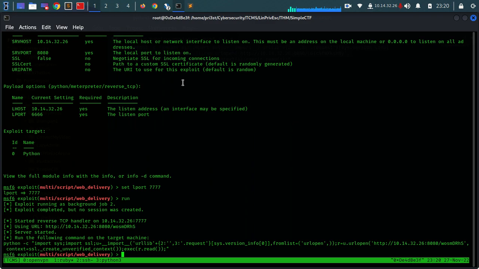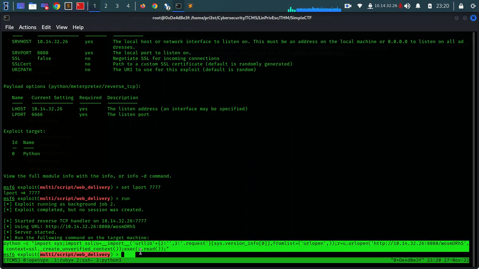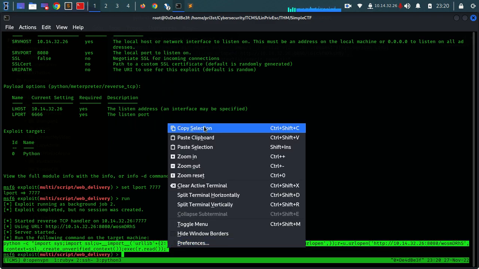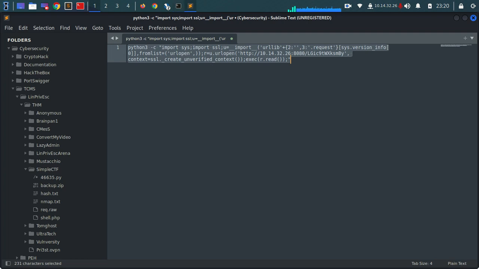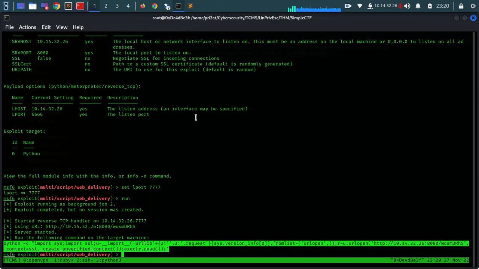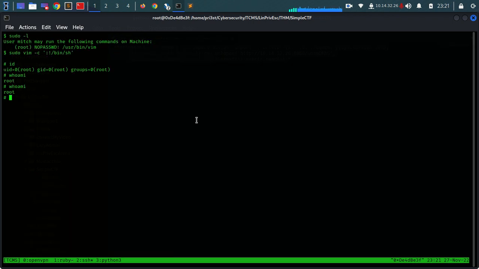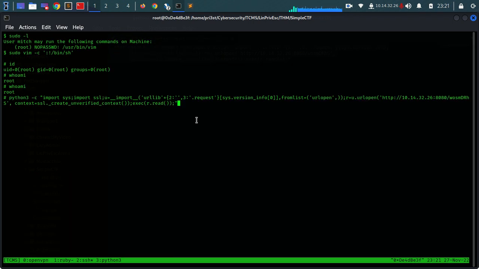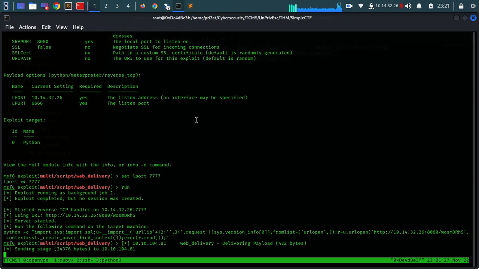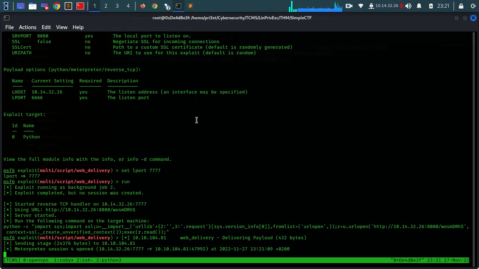Let's run it. And let's deliver that payload to our root shell. Okay, great. So right now we have opened a new Meterpreter session,